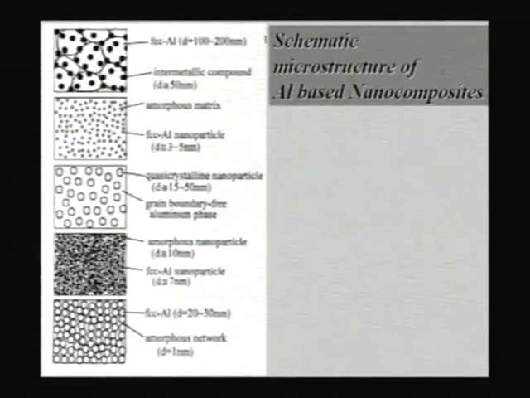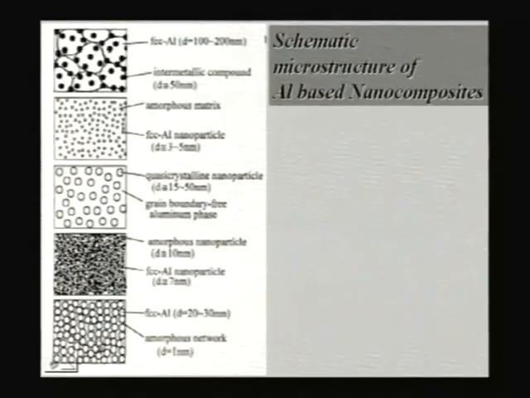So we know that at very high temperatures they tend to crystallize, but we are going to talk about those things also, that one can crystallize them and get nanocrystals out of it and then use them to our advantage. So we will go to those alloys a little later, and that is where you come across the various possibilities. We talked about it in the last class, that one can have various combinations when we are talking of nanocomposites.